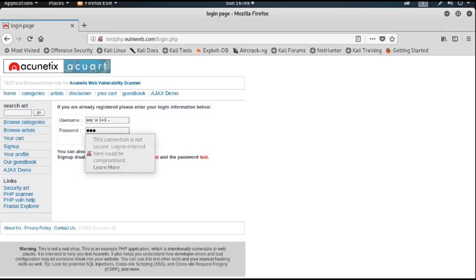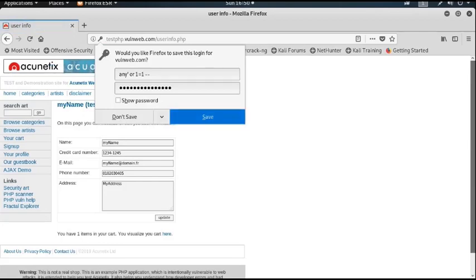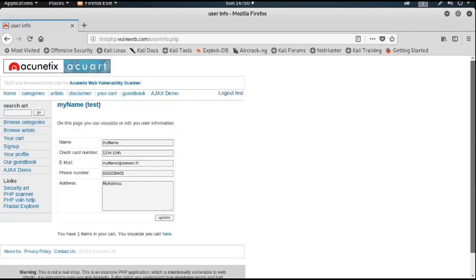Any quote space or 1 equals to 1 space double dash space. Then hit enter. And see, we are successfully able to log in to the account.